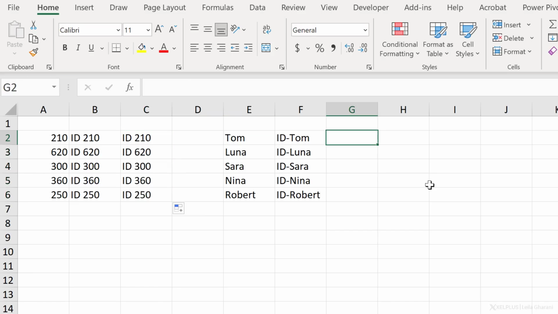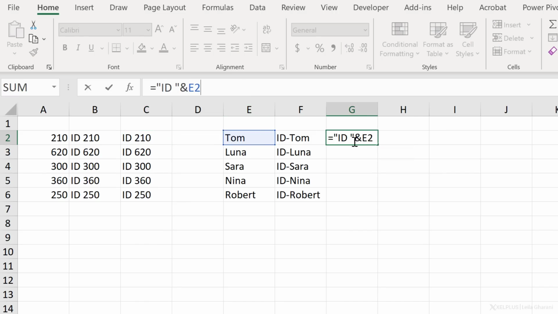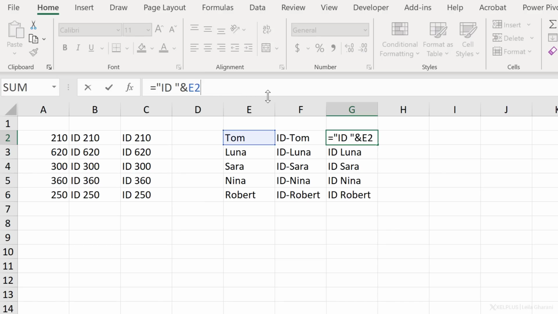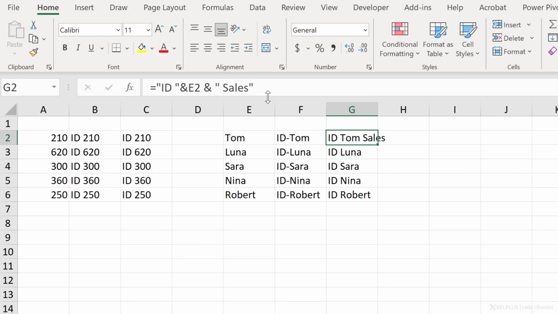Great, so you can repeat that same process here. And if you have formulas that use relative referencing, in this case, I can just copy and paste it here and it will automatically apply ID to the name as well. If you wanted to add text to the end of your values, you just do the same thing, but continue writing. So for the formula version, I'm going to add an ampersand here, and then let's add quotation space. Let's just do sales. Quotation and press enter. Now we get sales on all of these.